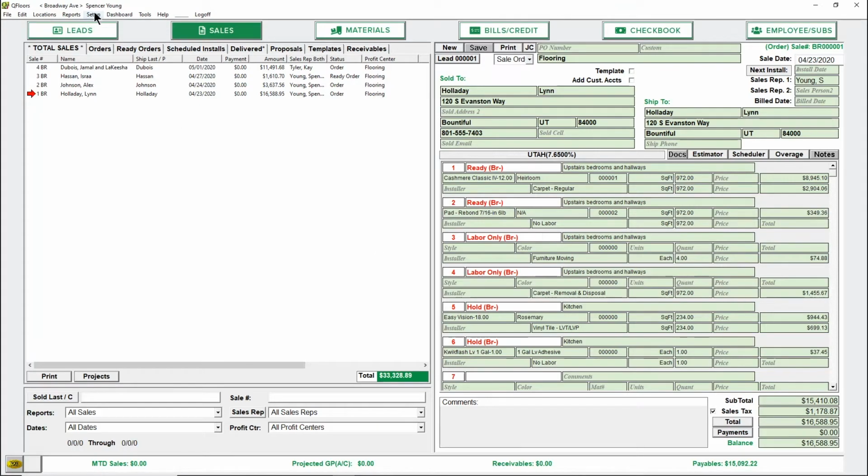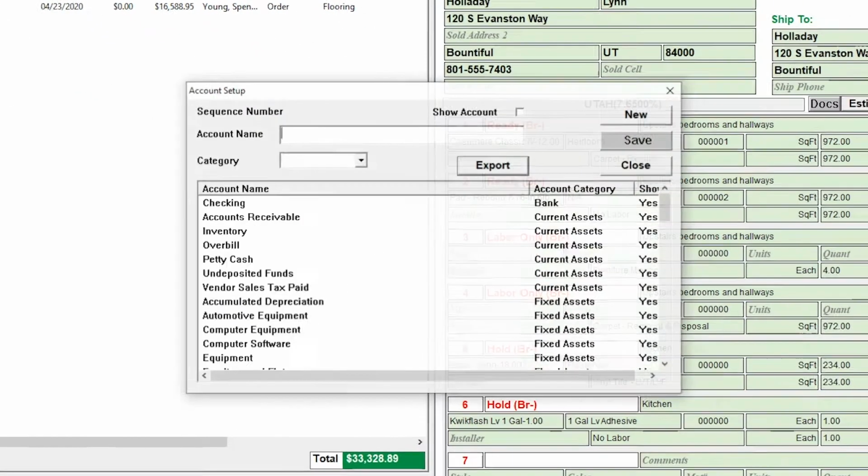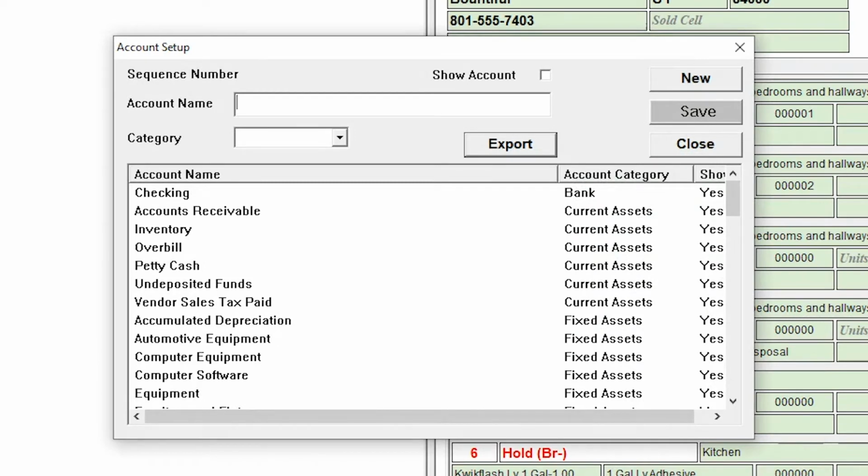In this video, I'm going to show you how to set up your chart of accounts. Just open up your setup window. Some simple quick navigation here: you have your sequence number, you have your show account checkbox, you have